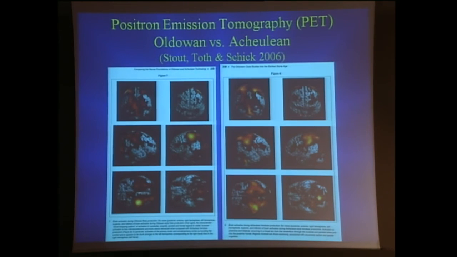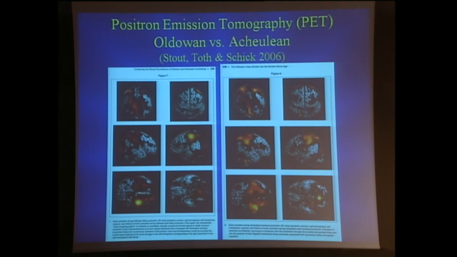In the late 80s, Kathy and I proposed using brain imaging studies to look at brain activity when making stone tools. This is positron emission tomography. This is some pioneering work we did with our graduate student, Dietrich Stout, who's now a professor at Emory University and just made the cover of Scientific American for his research recently. On the left, you see my brain on stone tools making an Oldowan chopper. On the right, I'm making a late Acheulean hand axe. There are a lot of differences that you can see here.